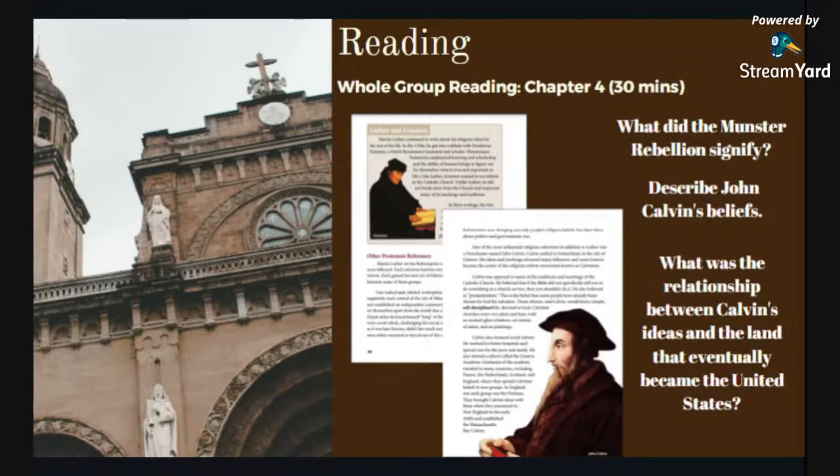After the questions, there's a check for understanding, where the teacher is going to have students think about the 4 key people that they read about in this chapter by saying the names of a variety of historical figures from different time periods, and having students raise their hands when they hear an important figure from the Reformation.